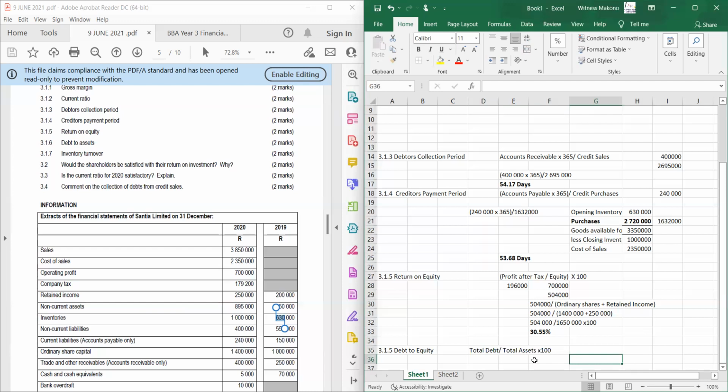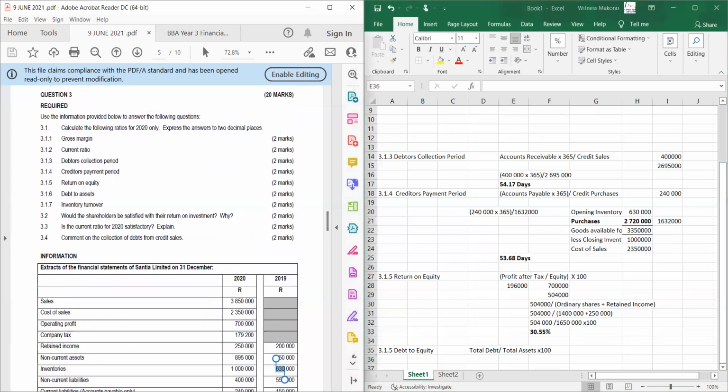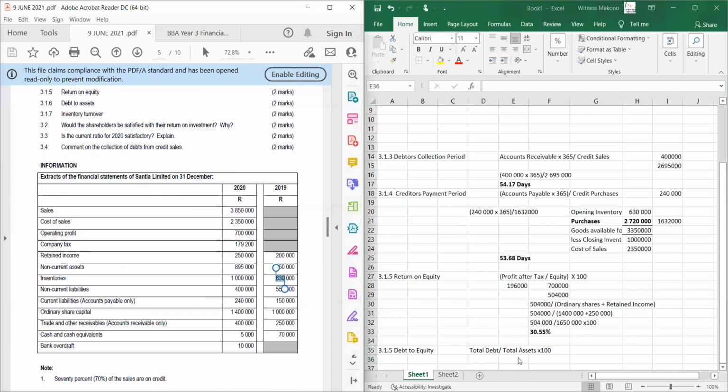These formulas, we get them in our study guides. It's from page 112. All right. So let's look here. Let's list our assets. Sales is not an asset. Cost of sales is not an asset. Operating profit is not an asset. Tax is not an asset. But, okay, let me see. No, that's fine. Retained income. So let's take